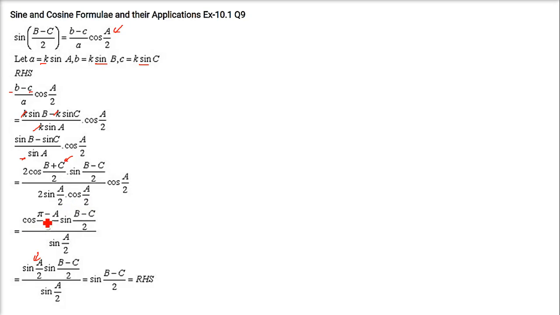Here let it be like this, and this will be 2 sin a by 2 cos a by 2. So this is sin b minus c by 2, this is intact. This cos a by 2 remains here. We have a cos a by 2. And then we have this 2 sin a by 2 cos a by 2. So just cancel it. Cos pi by 2 minus a by 2 will be sin a by 2. So sin a by 2 from here, sin b minus c by 2 from here, and sin a by 2 from here. So this gets cancelled again. This 2 gets cancelled. Only sin b minus c by 2 will remain.